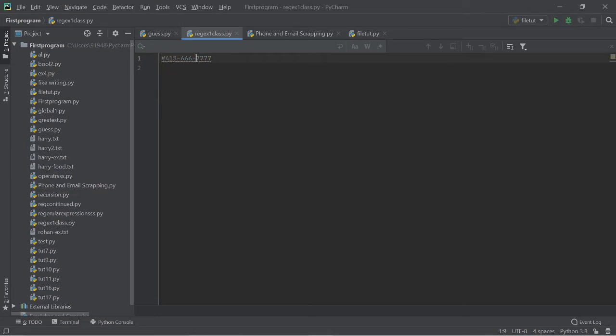Let us comment this out, and also write hash non-regular expression. This example is for non-regex. In this method, without using regular expressions, we are going to find the phone number. So let us define